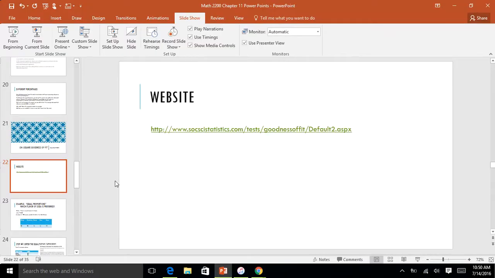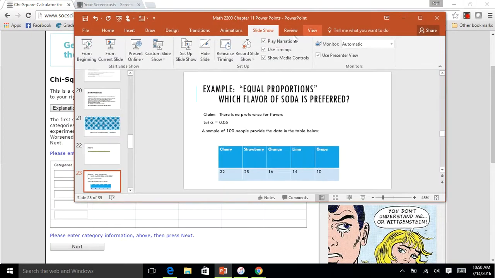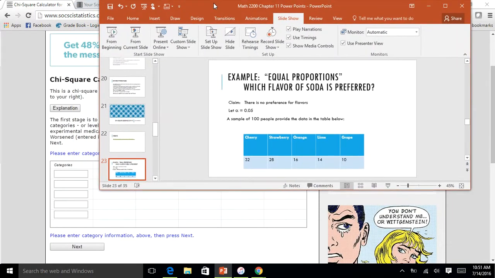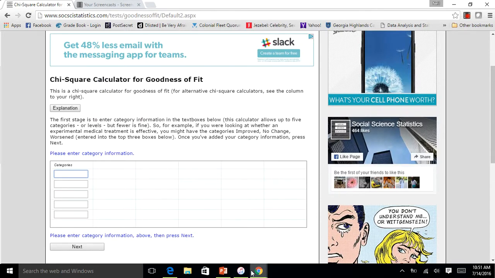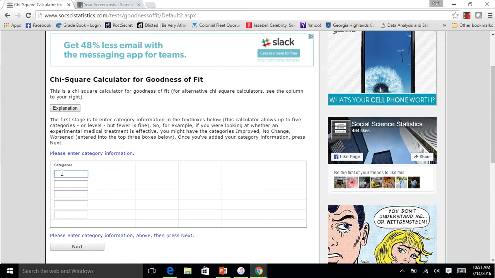And in the PowerPoint, if you want to follow with me, I have an example, and I'm going to minimize it because then maybe I can see it here. So it says, I believe that there's equal proportions for flavor of soda. So I believe that cherry is just as much as strawberry, orange, lime, and grape. So what I'm going to do is go over here and put my categories. I'm going to put cherry,